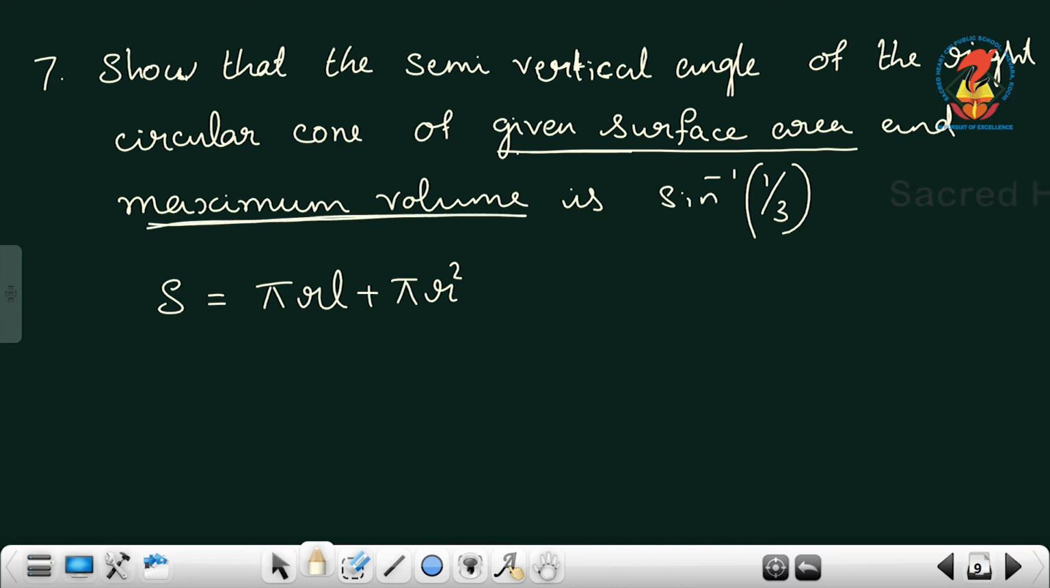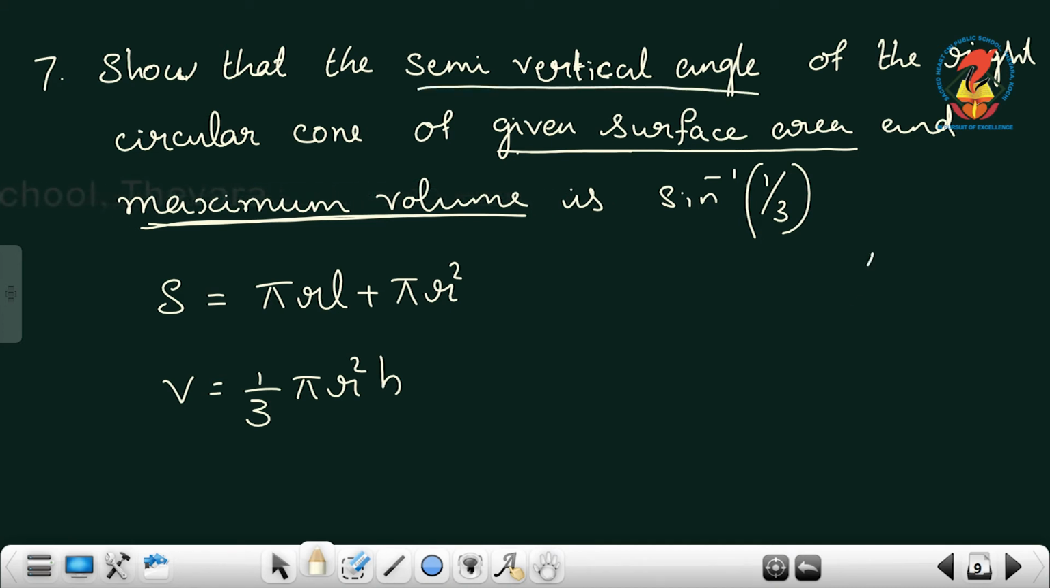So you have to prove volume is maximum. Volume of the cone is 1 by 3 pi r square h. Here we have two variables r and h. So find a substitution from this, from what is given. From that find a substitution and substitute here. Then one more thing we have to prove, that is the semi-vertical angle is sine